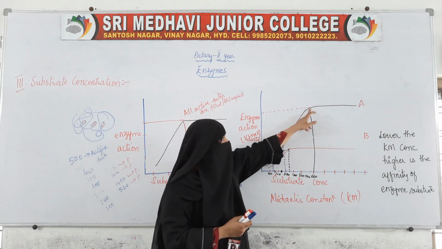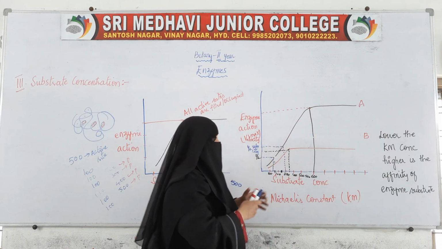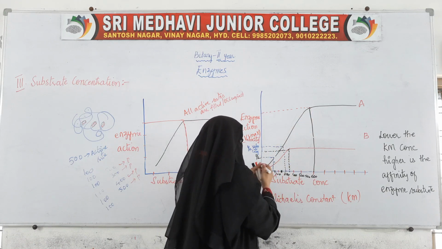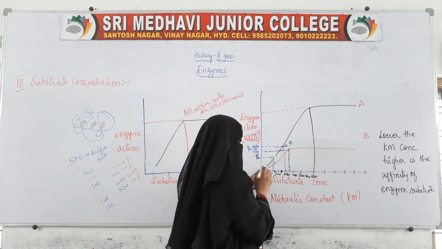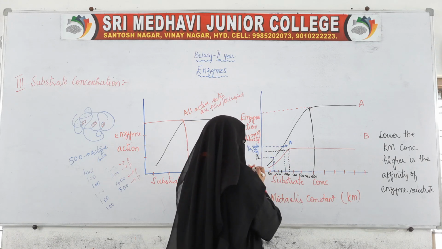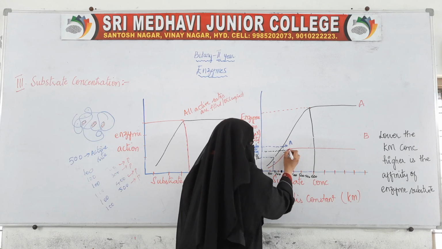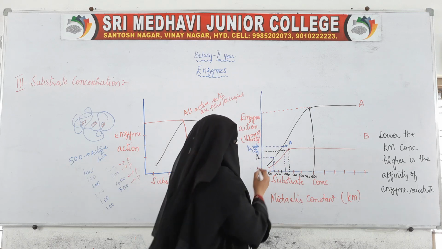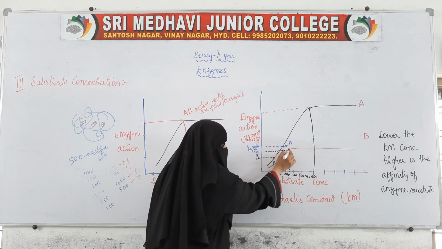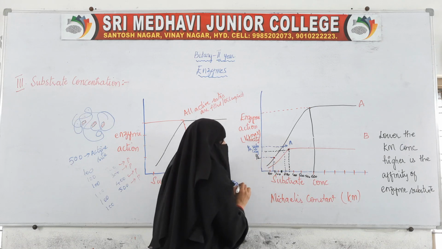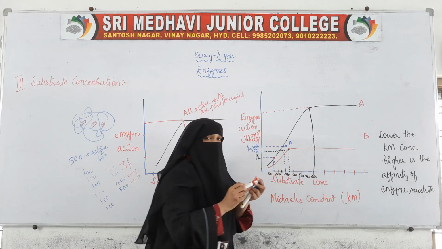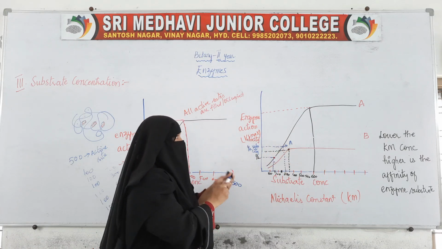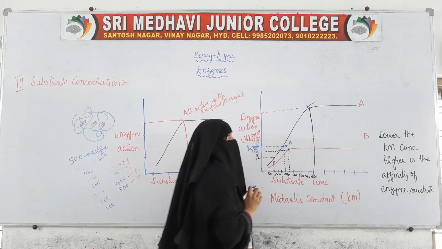Okay, so this is the Michaelis constant for enzyme A. This one is the maximum activity and this is the Michaelis constant for enzyme A. Now here we have taken another enzyme. This is the highest peak of the second enzyme, and this is the Michaelis constant, half of this, of the second enzyme. But if you compare these two enzymes, see here, this is the maximum point of enzyme